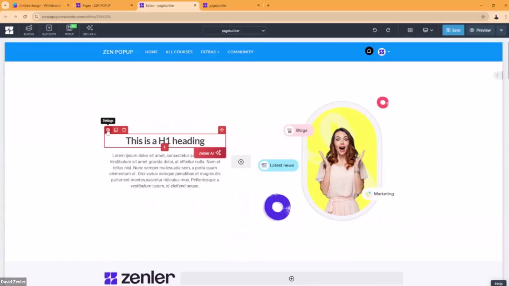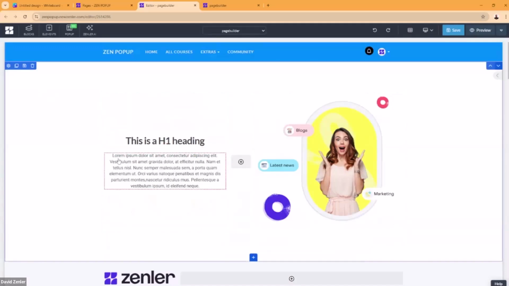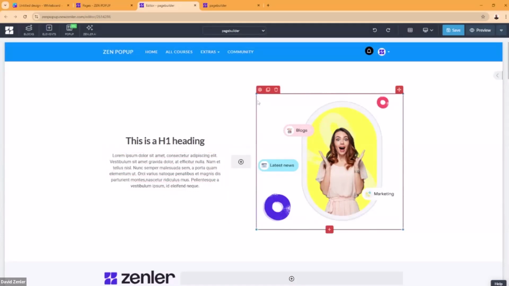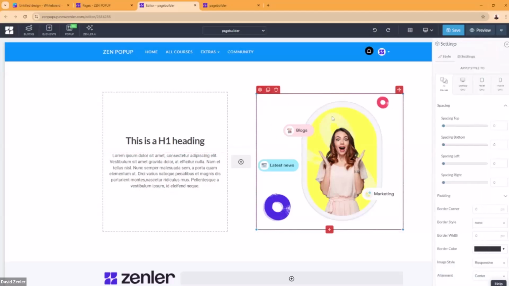And now a major one is we have the settings. Okay, so settings are controlling the look, the design, the feel of different elements, and there's lots of control settings for different things. Images will have a different set of control options than, say, text, for instance. So if I click the settings, you're going to get something pop out from the left hand side that gives you more control. Now I don't really want to go through all of these because it's a lot, but trust me, these are all settings that will apply to it.